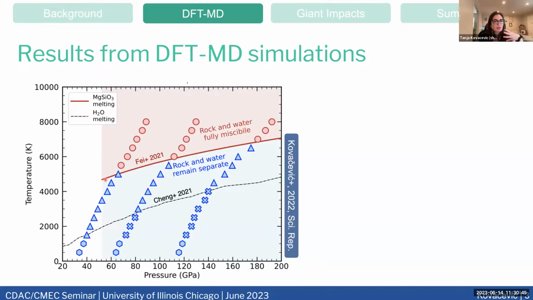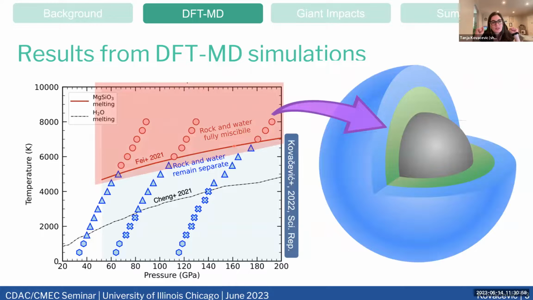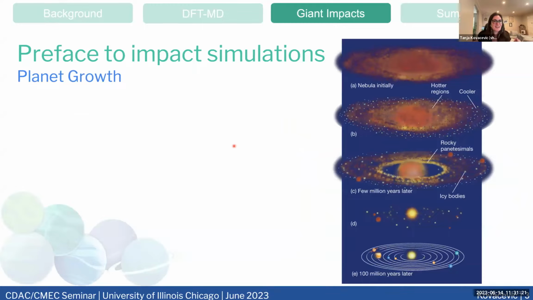So I hope we can all see a relation: it looks like all it takes to get mixing, for at least bridgmanite and water, is that the bridgmanite has to be melted, and then the materials fully mix. Okay, cool, Tanja, you told me that the materials mix, but can we even find them within water worlds? Usually we assume these planets might be a little cooler if they haven't, let's say, migrated, or we still don't know a lot about how planetary systems form. So there's a lot to learn, but ultimately I ask the question: I know there's rock-ice mixing, what now? Can we find them within planets? And that's where Sarah comes in.